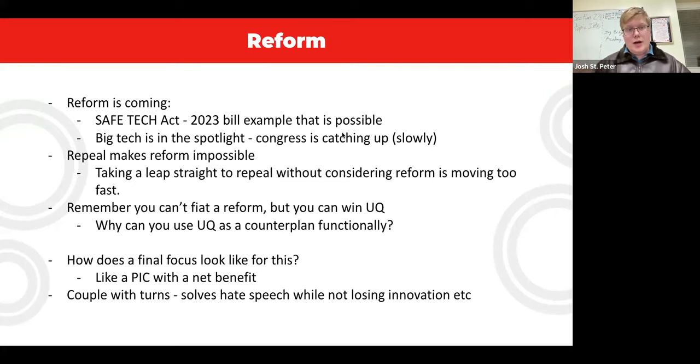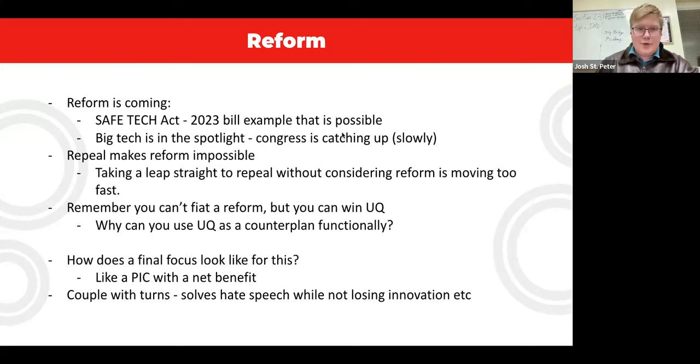So even though I said earlier how that possibly could be a harmful bill, you can see other ones that could be better, such as SAFE TECH, that is able to beat this. And this is possible, especially now because big tech is in the spotlight. Big tech has never been more in the spotlight, where we see CEOs of all these major companies constantly being on the stand to defend their actions. And we can see this too with the way that they're held liable for stuff on their platforms.